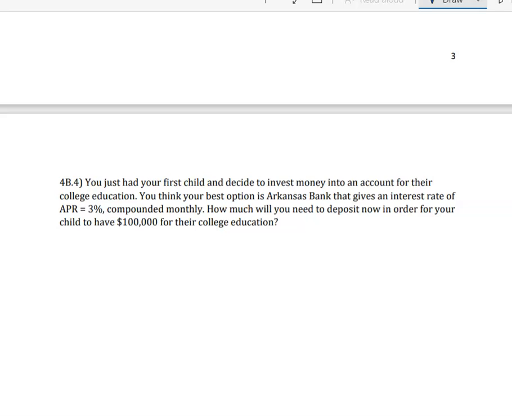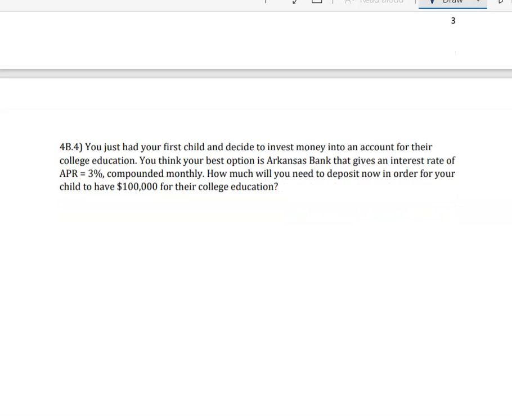You just had your first child and you decide to invest money into an account for their college education. You think your best option is Arkansas Bank that gives an interest rate of an APR of 3% compounded monthly. How much will you need to deposit now for your child to have $100,000 for college education? So you're not going to put anything else in. This is compounded interest, so we would use the formula A equals P times 1 plus the APR